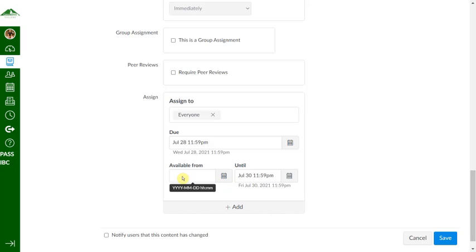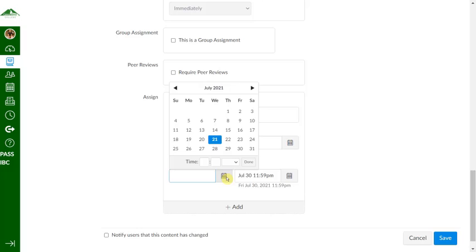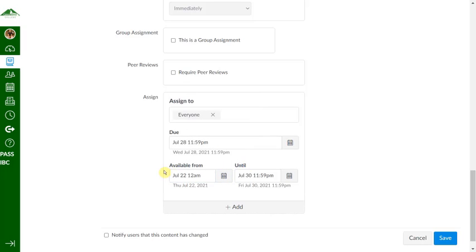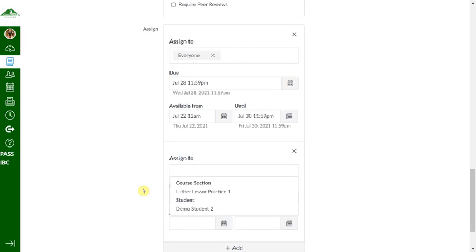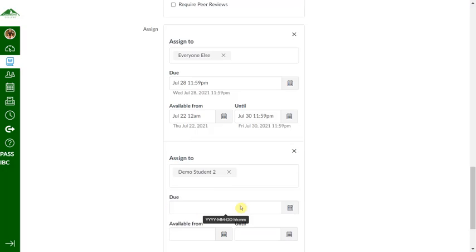You can also, if you don't want the assignment to be available to students until a certain point, you can choose that. Maybe I don't want students to have access to this assignment until they've done something on the 22nd. So before the available from date, students won't be able to access the assignment. By default, it'll assign to everyone, but you could add other kind of overwriting due dates to specific students. If you wanted to give an extension or something, this is one way you can do that. I'll just go ahead and leave those